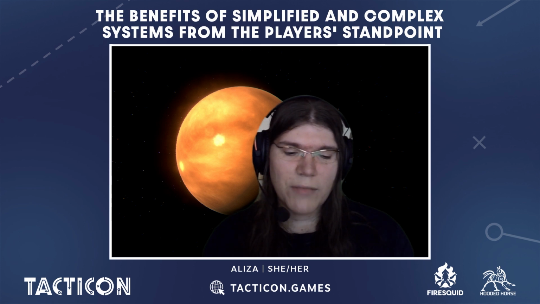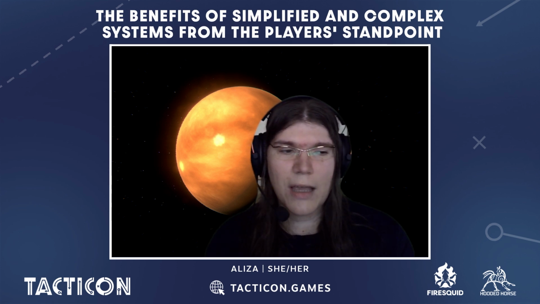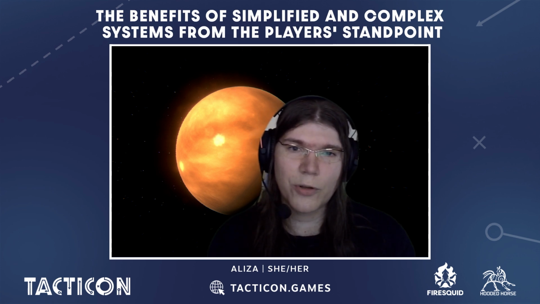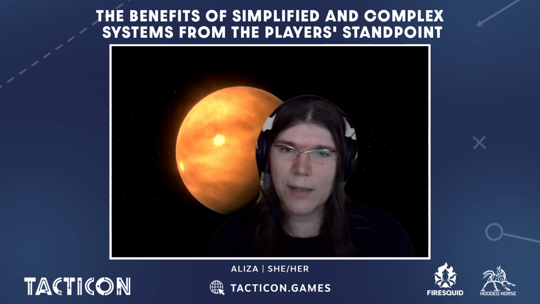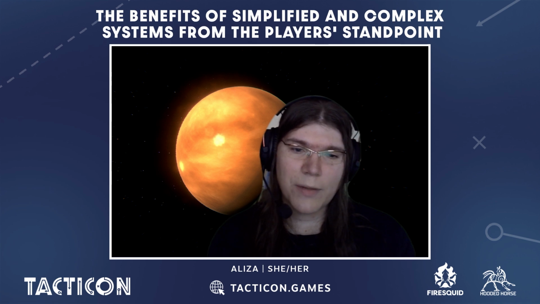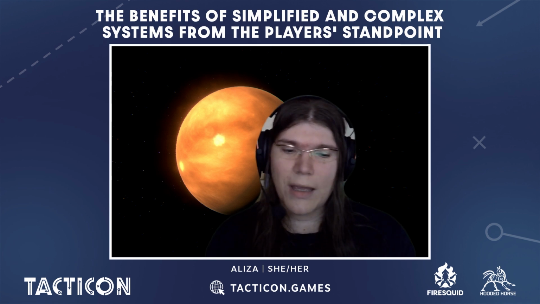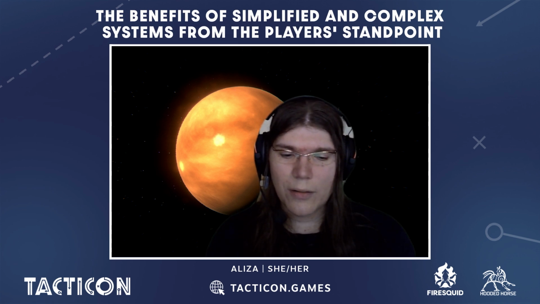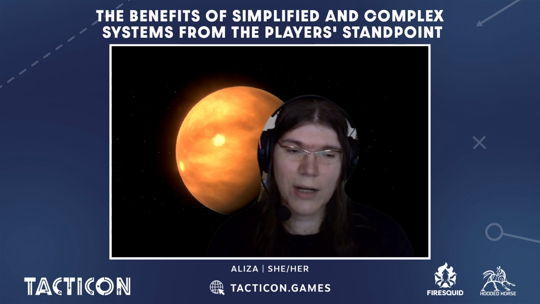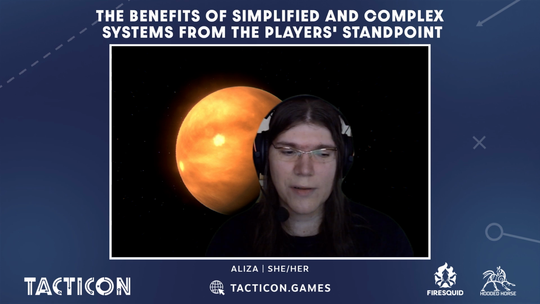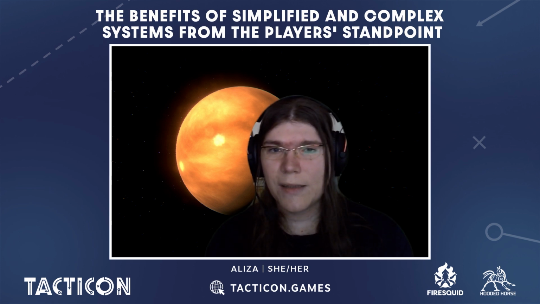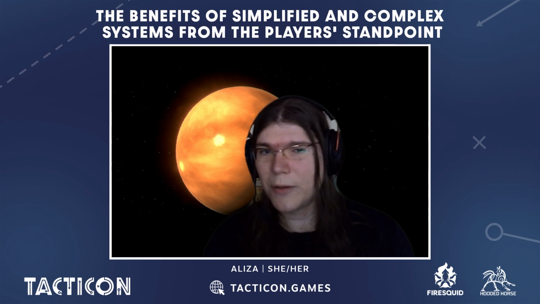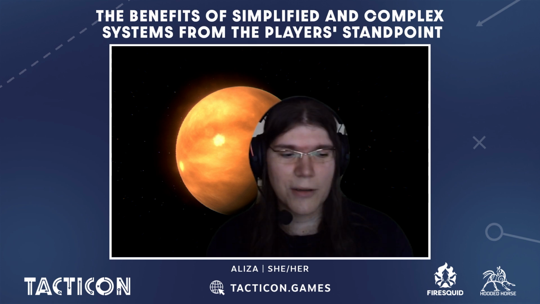So the talk will be divided in 2 parts really. In the first part, I am going to talk about general game design, and in the second part, I'm going to show or rather talk about more examples from games you know or from games we can fantasize about and how the complexity of their core systems would behave when the player tries to interact with those games, what kind of user experience it would mean for the player, and why it is important to know that the levels of simplification or complexity really are a question of viewpoint.